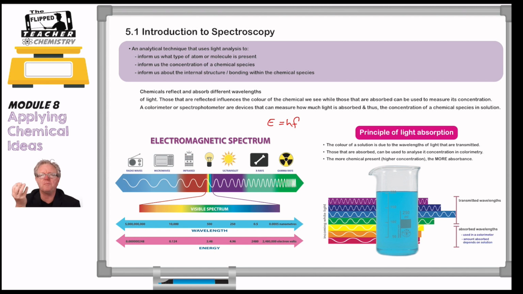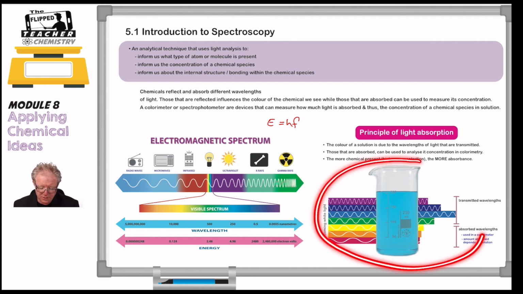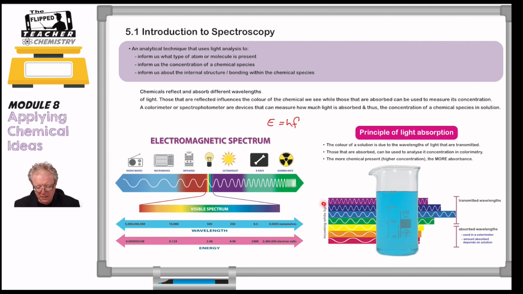However, if we hold objects up that have colour, the colour they have is due to the wavelengths that get reflected from its surface. And so that's the same with solutions. So if we have a beaker of copper sulfate here, it appears blue. Why? Because all the colors of light that go in, all the wavelengths of light that go into this solution, some of them get absorbed to different degrees and others don't get absorbed, they get reflected. And so if your eye is here, then what are you going to see? You're going to see mostly the blue color of the spectrum come towards your eye, so therefore the color of the solution is blue. You can see that these ones down here are getting absorbed,